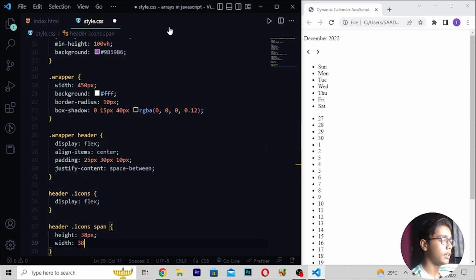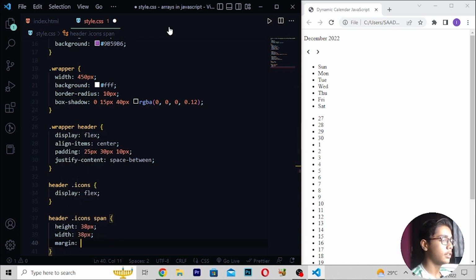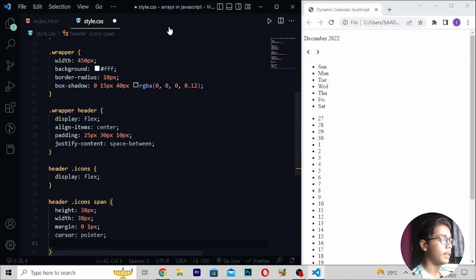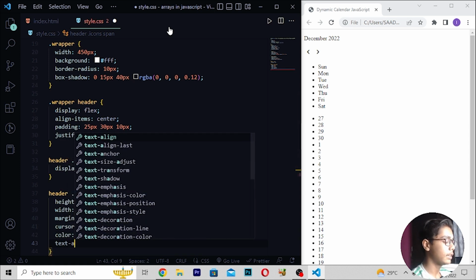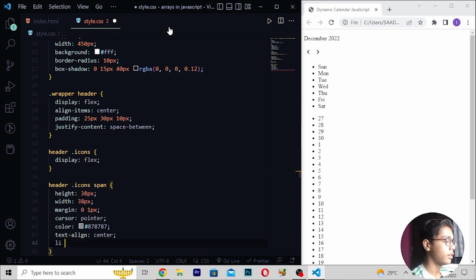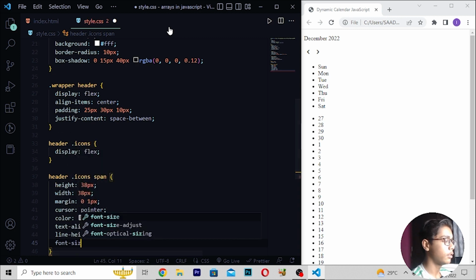So here I will be writing 38, margin 0 1 pixel, right here cursor pointer. Then I will be writing color, and here I will be writing 878787. Then I will be now writing text align center. Then I will be moving down right here line height. Then here I will be writing 38 pixel, right here font size which should be 1.9 rem.